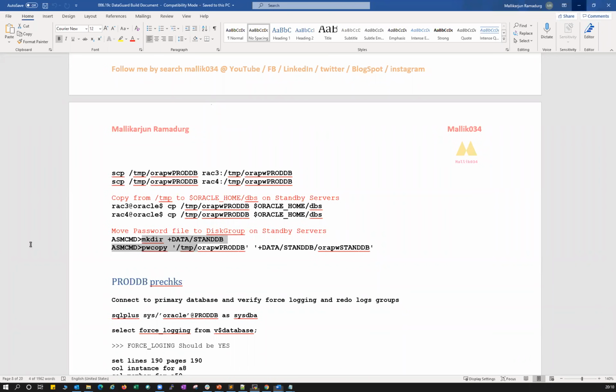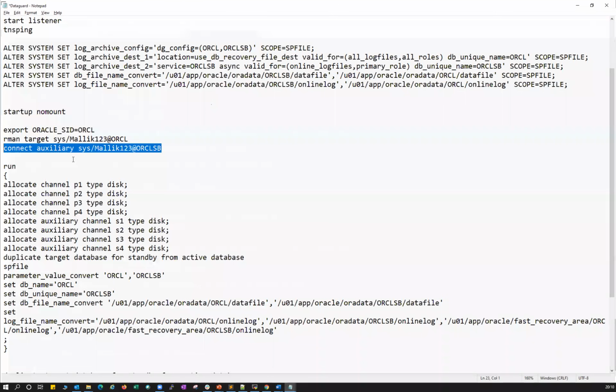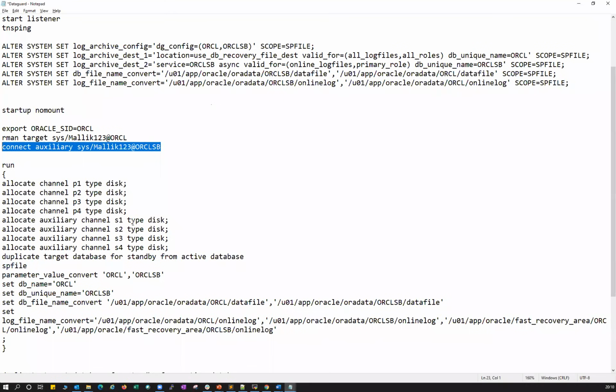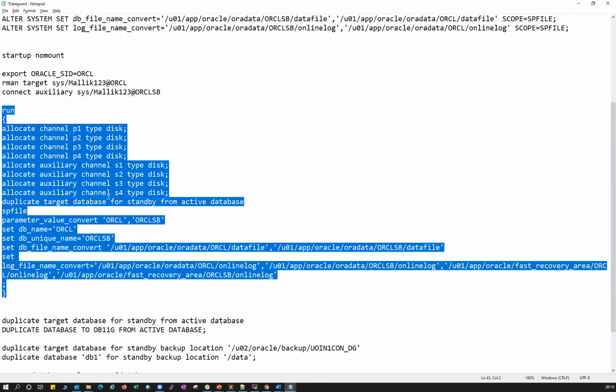So that's the thing here. It's a best practice to have a local copy beforehand, just to avoid last-minute failure while building the Data Guard. So these are a few things you need to verify. And then we verified the exported SID, we connected to RMAN on my production prompt, and also connected to the auxiliary instance. Okay, coming to the restore command, it's very simple.